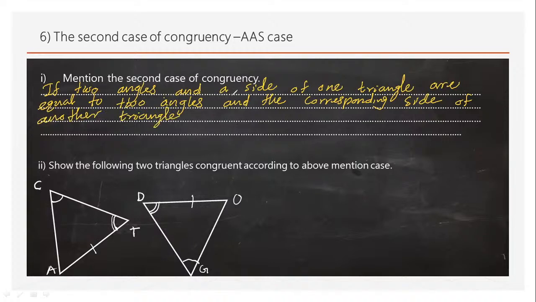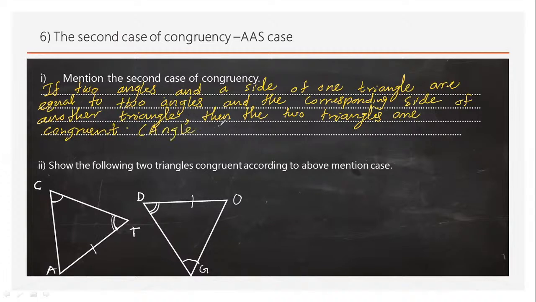Another triangle, then the two triangles are congruent. Congruent. Now look at this. The situation we are saying